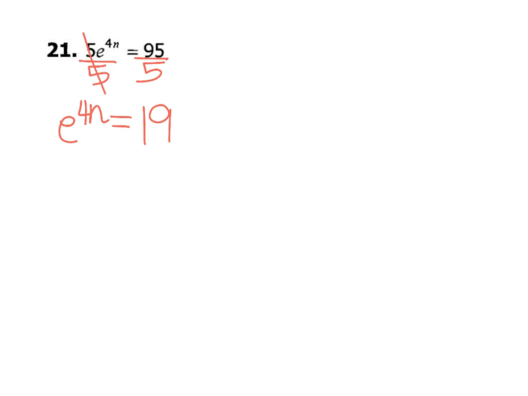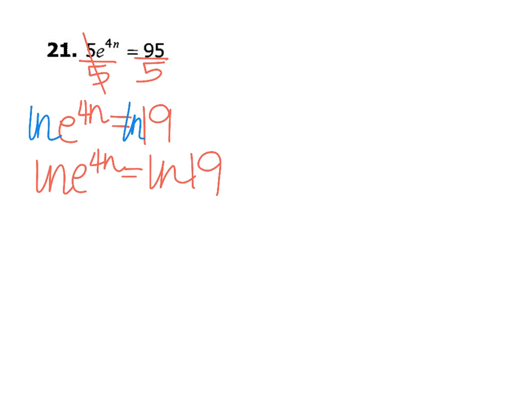Then we want to take the natural log of both sides. So we throw natural log in front here, natural log in front here. So we end up with natural log of e to the 4n power equals natural log of 19. We know natural log of e equals 1, and we bring that 4n down by using the power property. So ln of e cancels out. We're left with 4n equals ln of 19. Divide by 4,